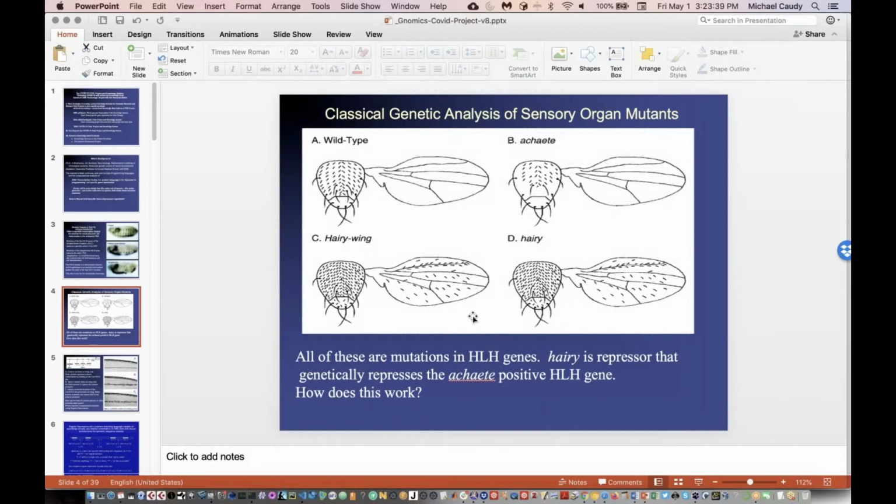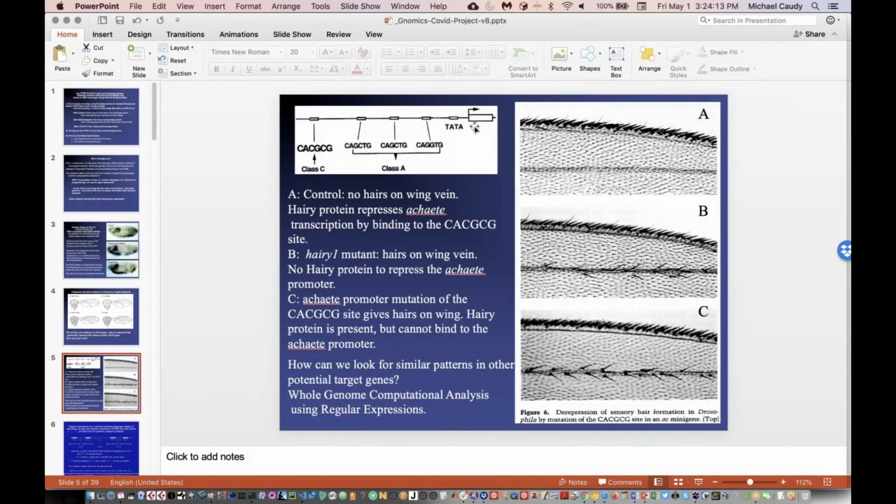But what was interesting is, here's another mutation that has almost the exact same phenotype, but it's in a different gene, and it's called hairy wing. So these are actually mutations in HLH genes, all of them. Hairy is a repressor that genetically represses the Ahq positive HLH gene. And the question that I started working on many years ago when I started my own lab after cloning dollarless was, how does hairy work as a repressor? And it took us a while to figure out, but in fact, it turns out